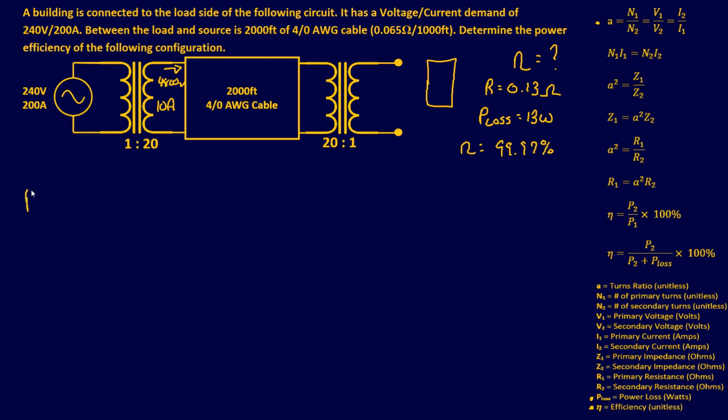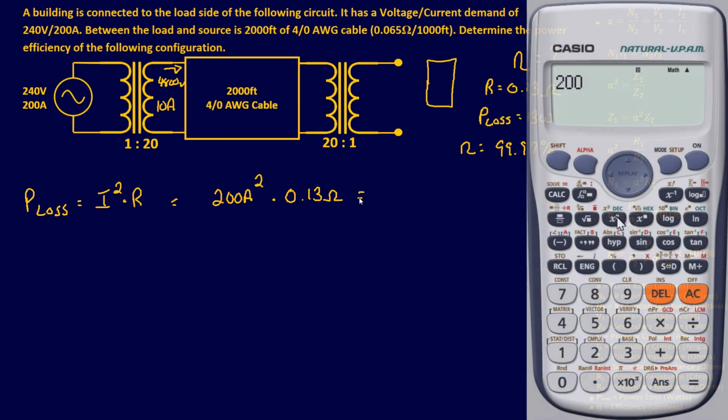So your power loss is going to equal I squared times R. We know our R and we know our current. So that's going to equal 200 amps squared times your resistance, which is 0.13 ohms. That's going to be a pretty big number. If you plug and chug that in your calculator, it's going to give you an answer of